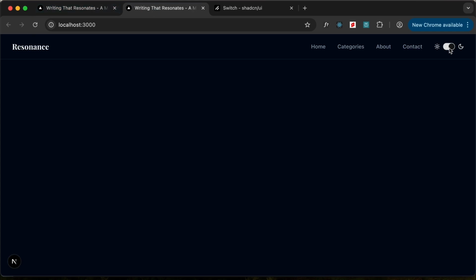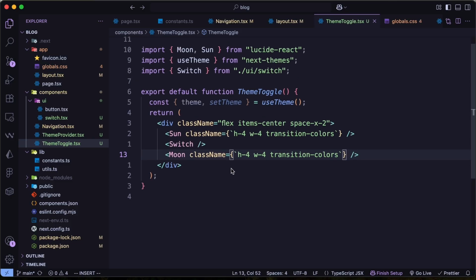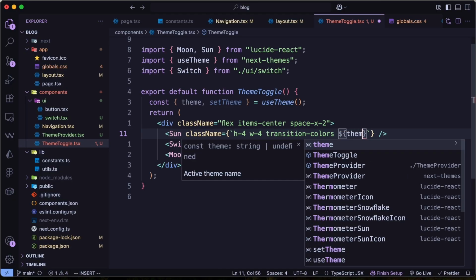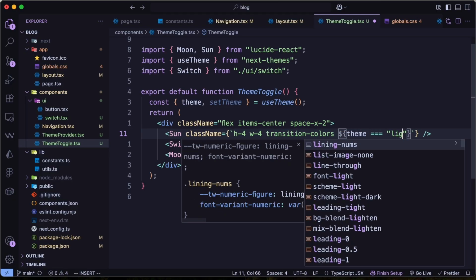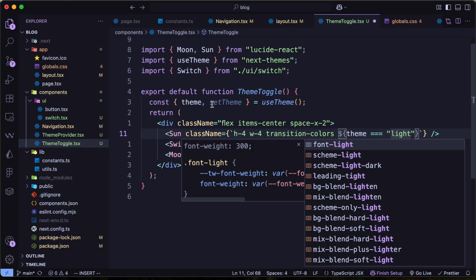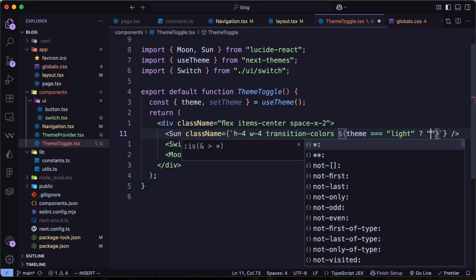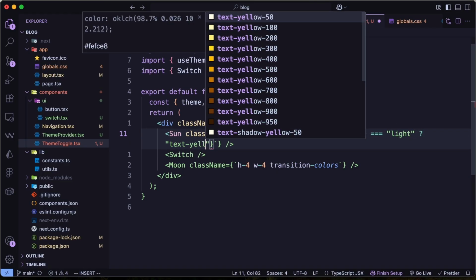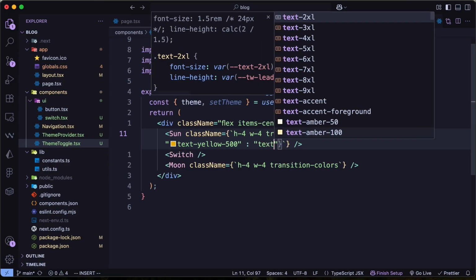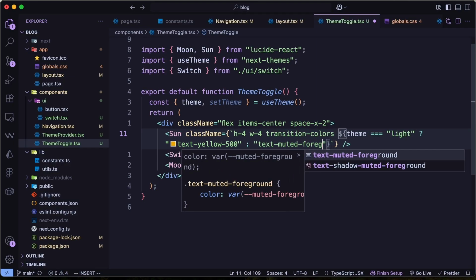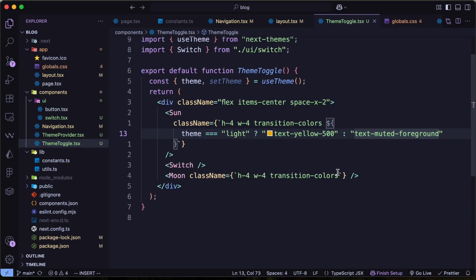So we can go ahead and toggle this switch, and now let's go ahead and add some class names based on whether the switch is turned on or off. So here let's go ahead and type $ curly braces, and here let's type if theme is equal to light. So we are getting the theme from here, from useTheme, and if the theme is light, then we need to add this class text-yellow-500, or else we need to add this color text-muted-foreground, and here also we need to add kind of the same style. So I'll just copy this and I'll just paste it over here,